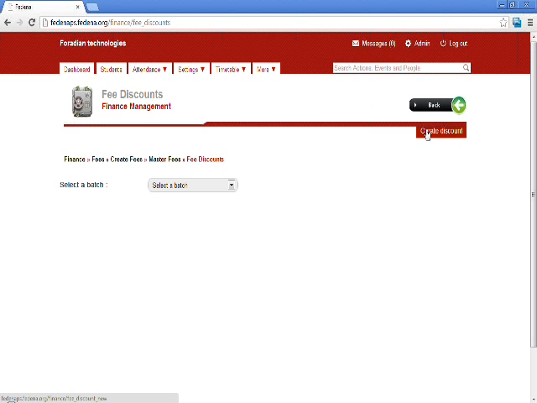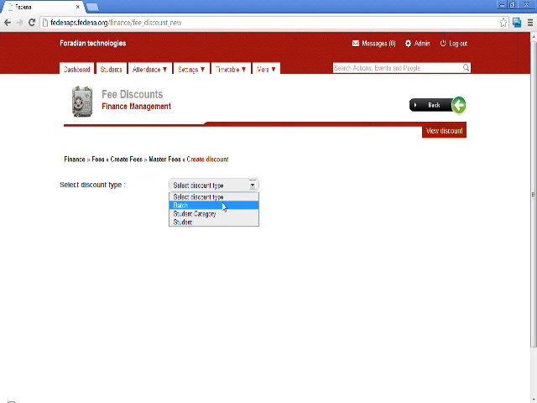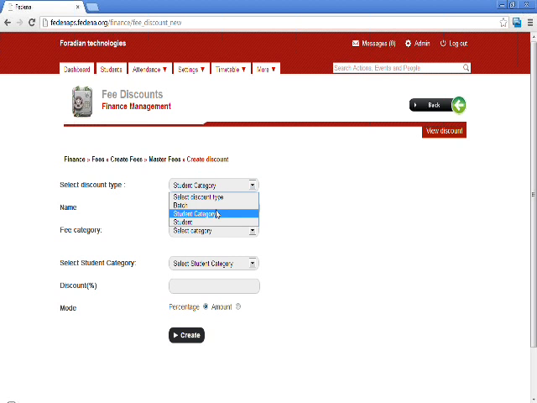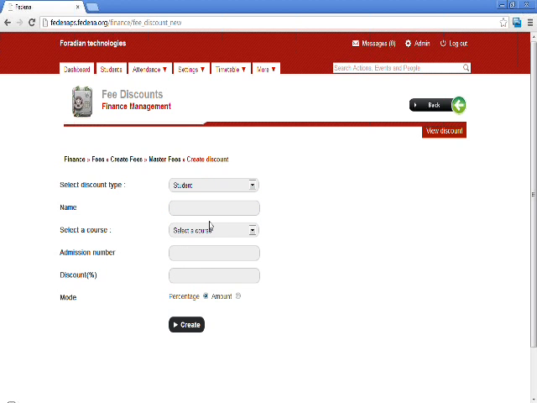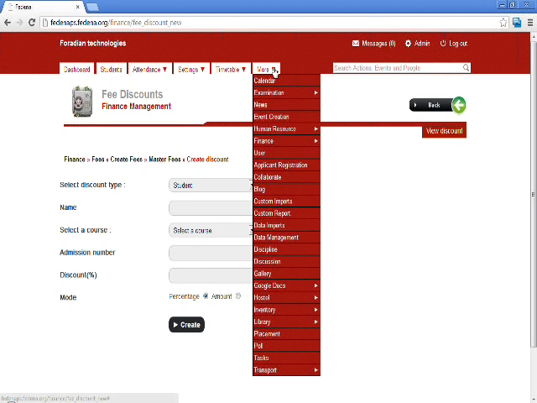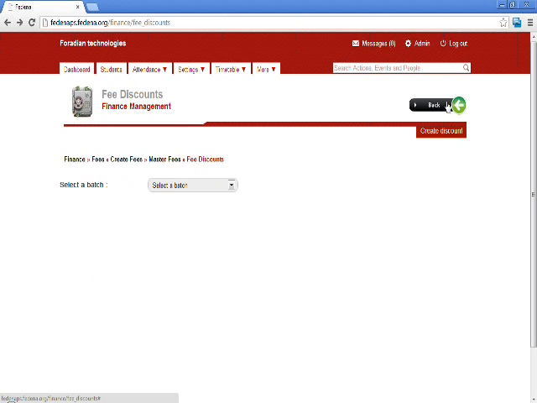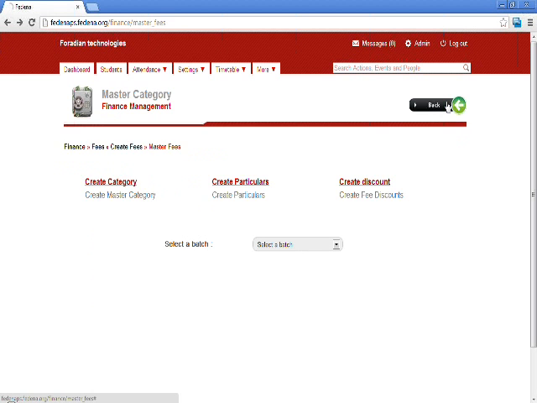In the application, we can create the discounts mainly of three types. One is a batch discount, that is, if you want to give any fee discount for a particular batch, you can give the batch discount. If it is for a student category, you can give the discount for a student category. If it is for a particular student, you can also create discounts for a particular student. And after creating the fees and setting the fees, the next step